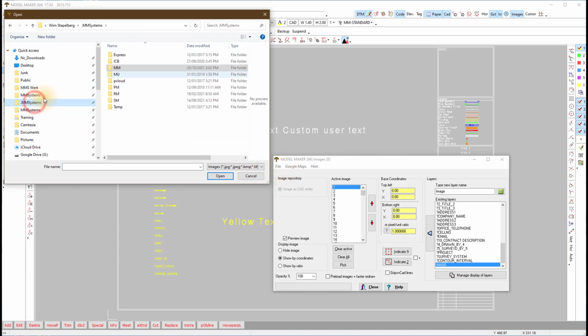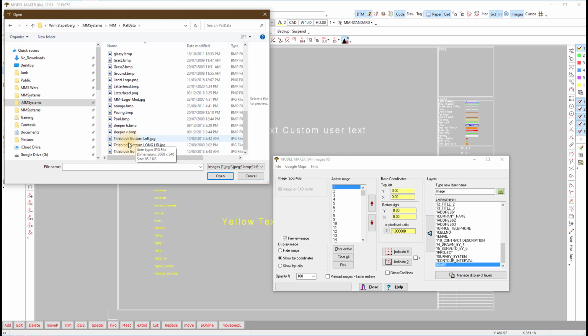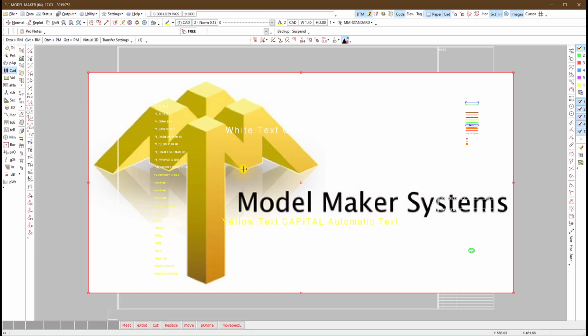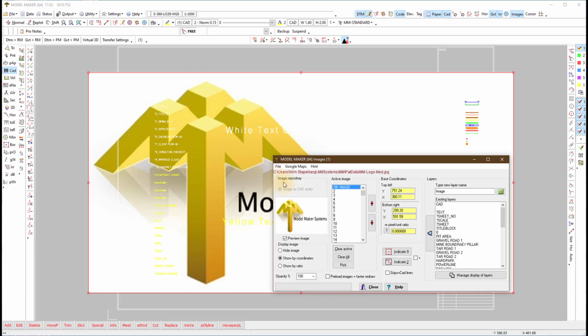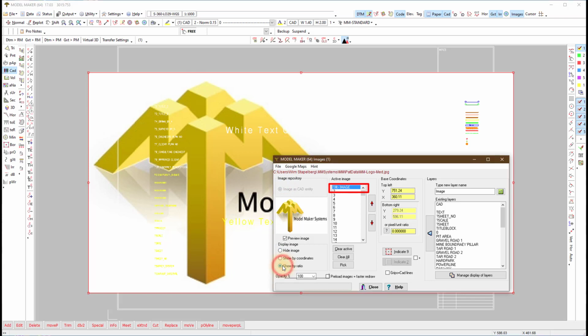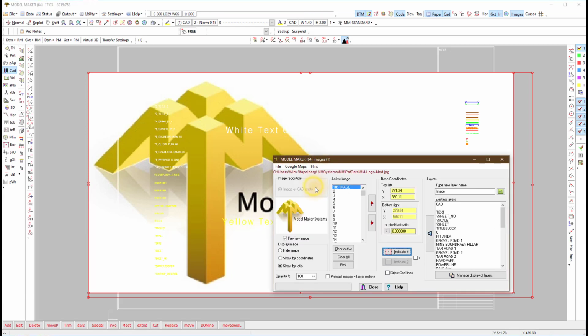Allocating an image layer does not apply to the title blocks, but rather when you work with a lot of images in CAD. Note, image 1 is on the image layer and can be toggled on and off with the CAD layer display.